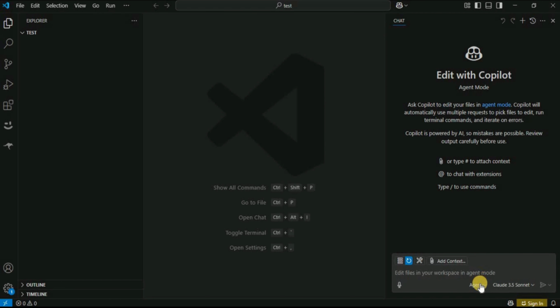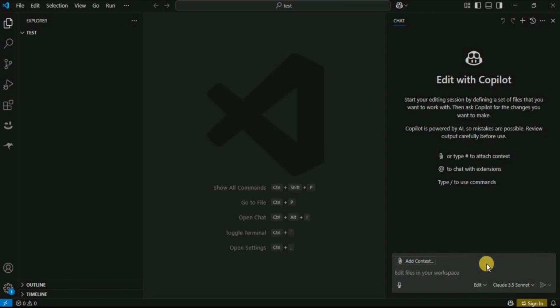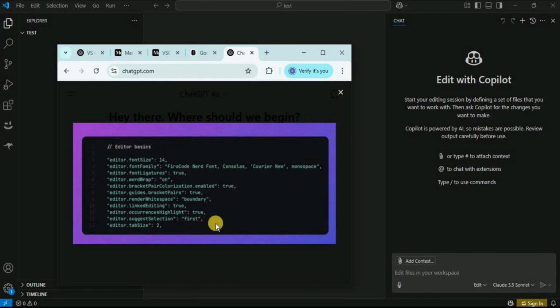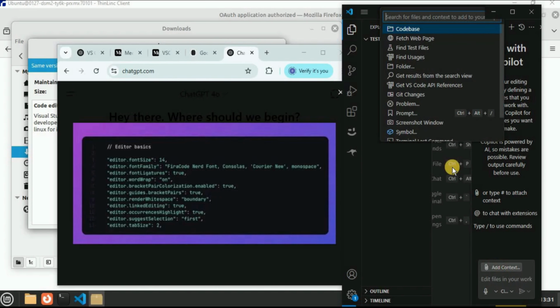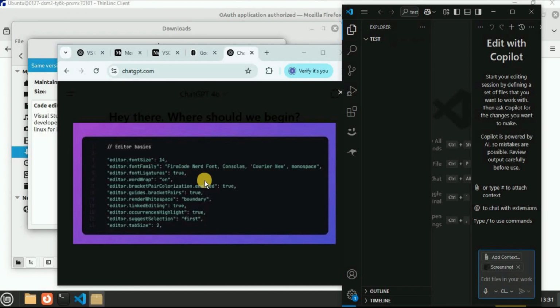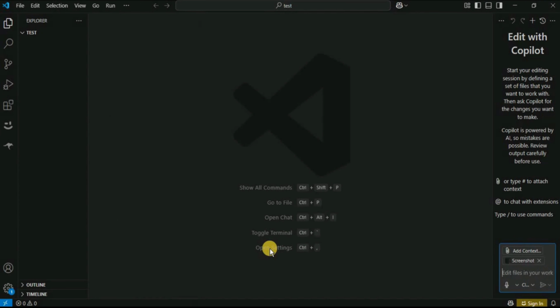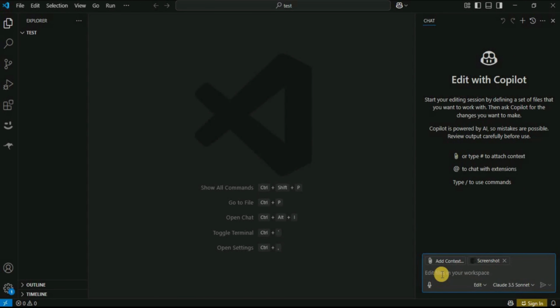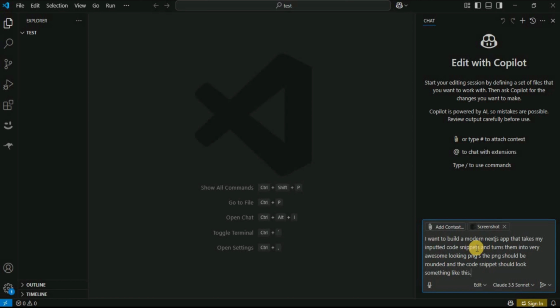So let me quickly show you this using an example. Firstly, I'm going to go inside the edit mode. Here I have a code snippet that I want to add as the context. So I'm going to go ahead, click on add context and screenshot the window in order to add this as the context. And now for the prompt, I'm going to ask it that I want to build a modern Next.js app that takes my input code snippets and turns them into very awesome looking PNGs. The PNG should be rounded and the code snippet should look something like this,